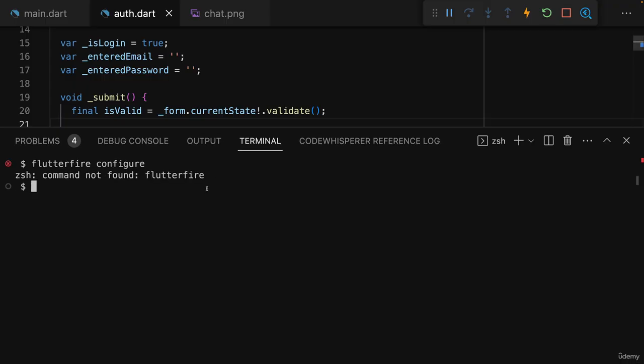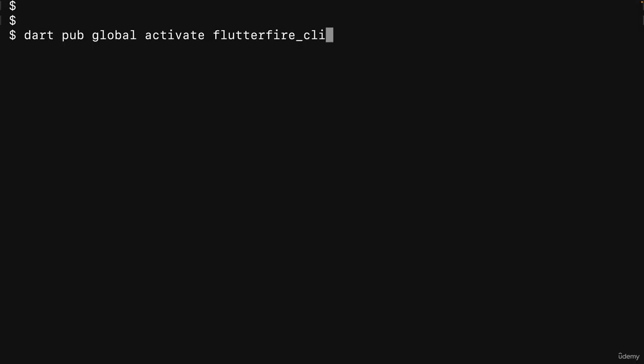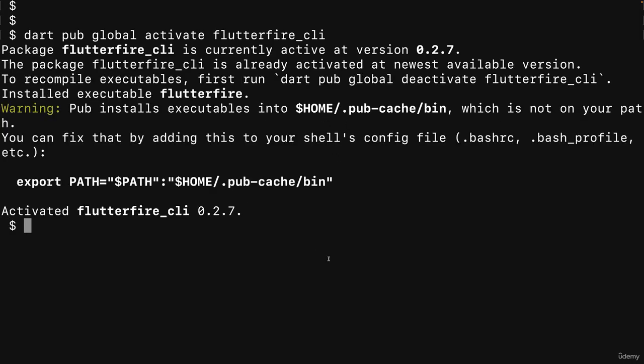Now, if you're getting an error that in the end tells you that the flutterfire command wasn't found, you might want to run that command that in the end installed the FlutterFire CLI again, because in there you should then see a warning that tells you that right now you might have an issue with your path setup, hence basically leading to the flutterfire command not being available. And it should also show you a fix for that, so that for example here on my system, which is